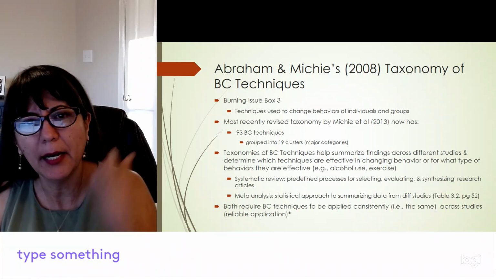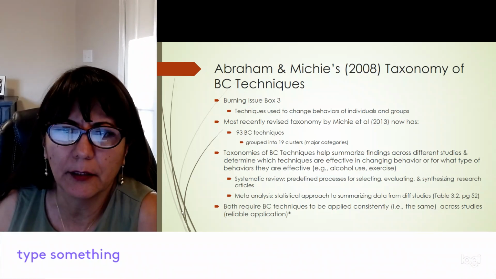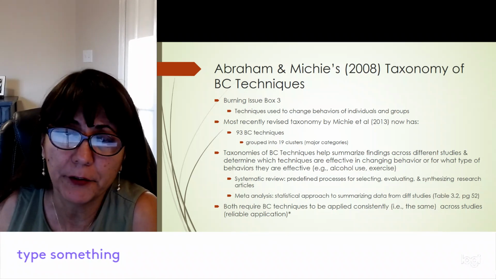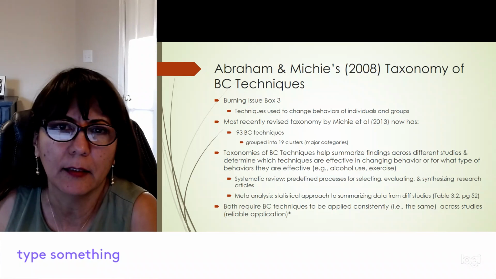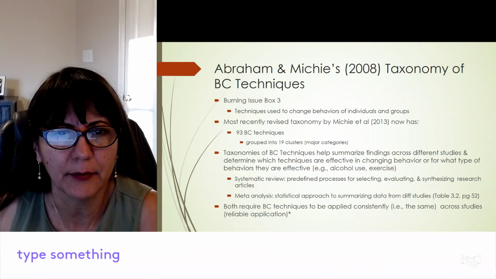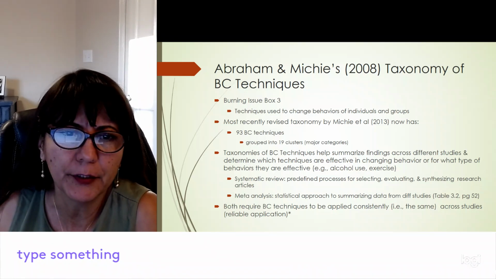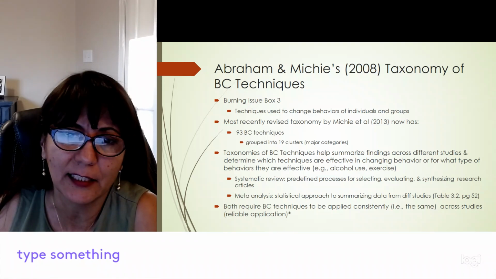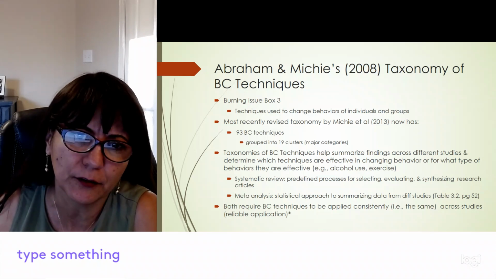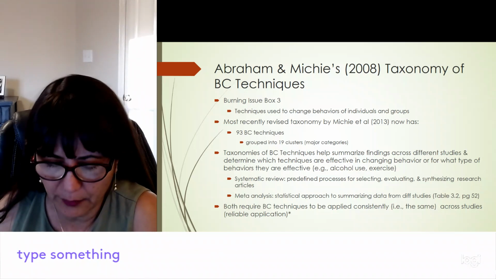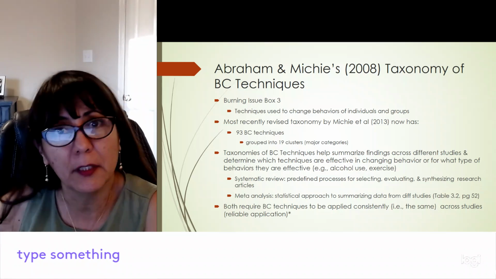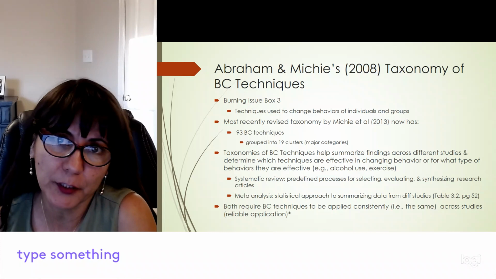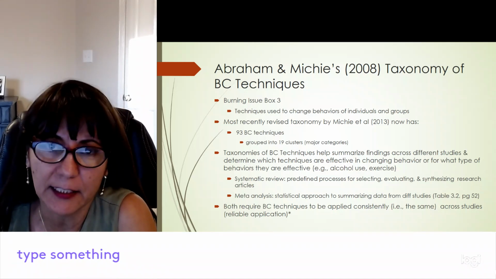Okay, so Abraham and Michie developed a taxonomy of behavior change techniques. So I started abbreviating behavior change with BC, in case you're confused what BC is. Okay. And so if you refer to burning issue box number 3, you'll see all the techniques that they listed for changing behaviors of individuals and groups. And so make sure you're familiar with the different techniques. Be able to distinguish between the different techniques. Given an example,